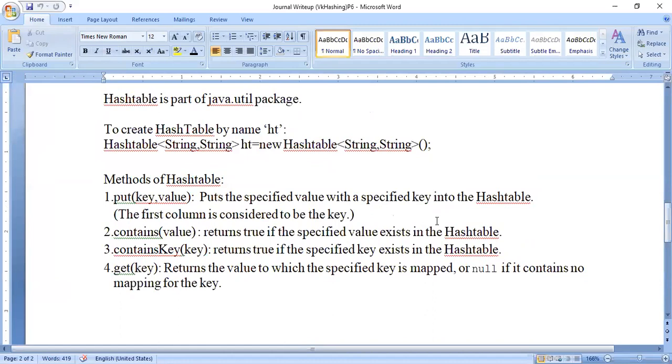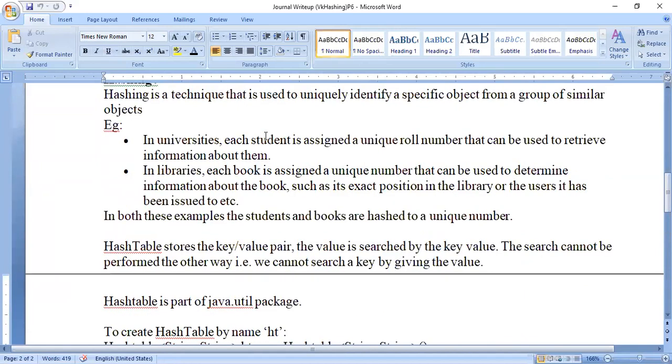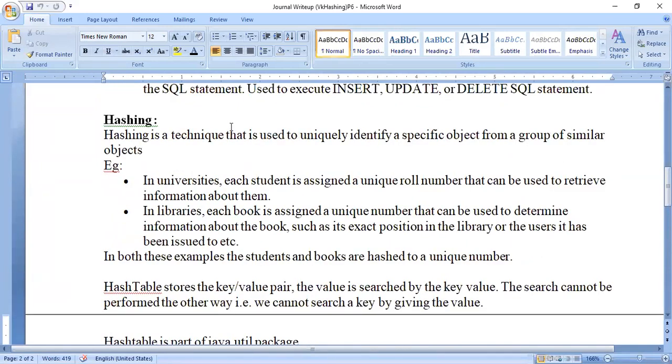Now, our 6th program is related to hash table. So let us first know the concept of hash table. Hash table is nothing but one of Java's patterns to store values. Let us know about the hashing technique. All of you have your phones, right? In your phone, you have your contact list. How do you search your contact list? Once you type a name, automatically the phone number appears, isn't it? Sometimes you also search by the phone number.